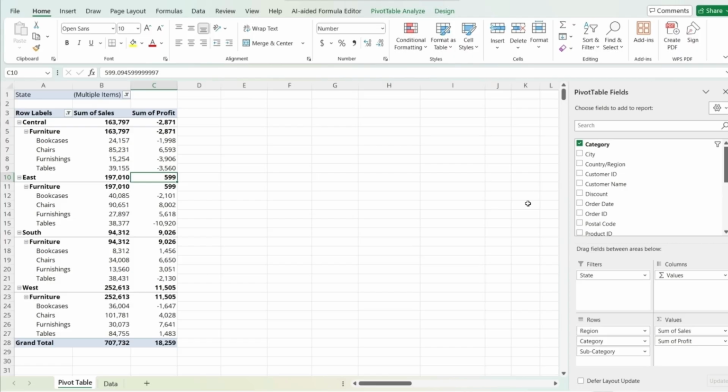Pivot table slicers are visual filtering tools that allow users to filter pivot table data using clickable buttons. Slicers make filtering pivot tables faster, clearer, and more attractive. Before inserting a slicer,